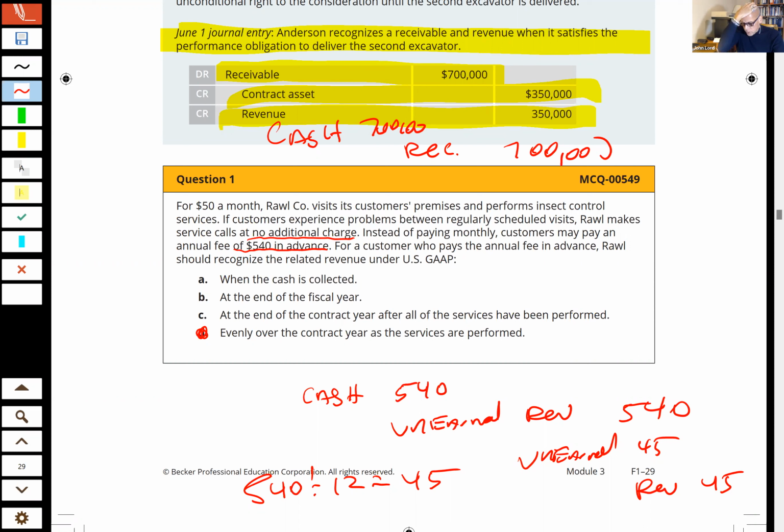Let's see. They sign the contract on February 1st, not quite your question. And then they're going to wait until the contract is over, till the 12 months is over, to take that contract. Well, even though most of the service and the work was done in year one, from February to December, if they wait till the contract's over and they don't take that till year two, we've got a horrible matching, don't we?